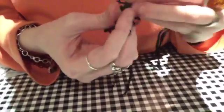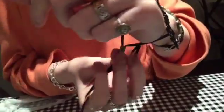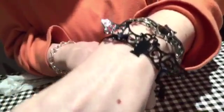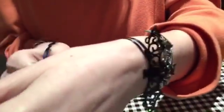And then when you put it on, the effect will be basically, and then you just slide it up when you want it tighter, and it will hang like so. And you can use whatever bead you want at the end. I'm gonna make these shorter probably, but I just wanted them long enough for you all to be able to see. And this crimper is not as tight as I want, so I'm gonna have to keep pressing it or use a different one, but this is the look, and it is doing what I wanted and staying in the middle